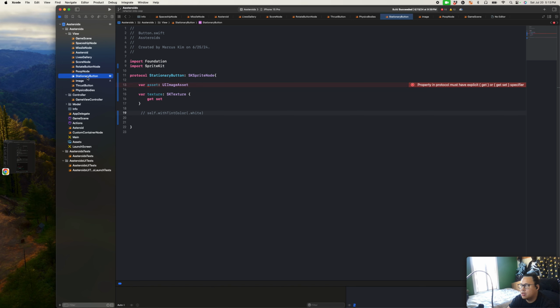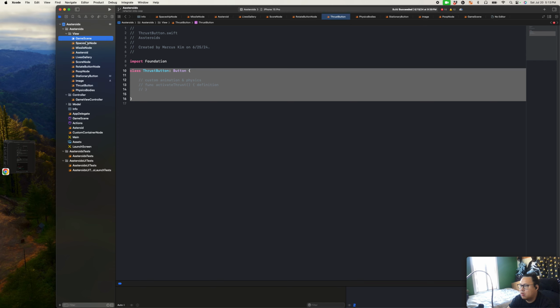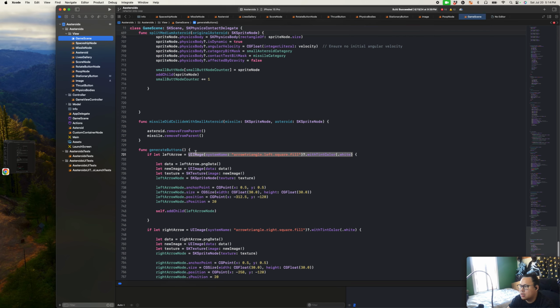Is it an image asset though? What is the data type of this? It's just a UI image. It's not an asset, I guess. The thing about using this, the arrows and such,